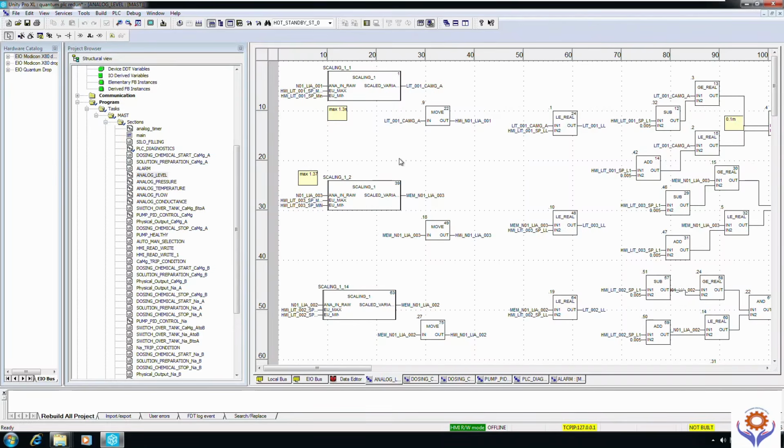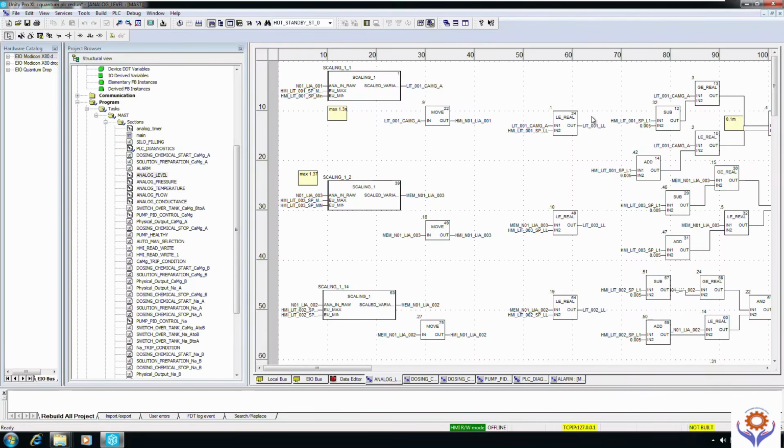And for the scaling level, which we showed before, now the same here. See, if you see the scaling here, you can find how we configured the scale. For example, we already made the scaling before. And if you need to verify that again, go to the previous videos. You have the analog scaling, and you can understand how we make the scaling blocks. And it is already defined in the DFB, derived function blocks. You can utilize it directly from the derived function block,